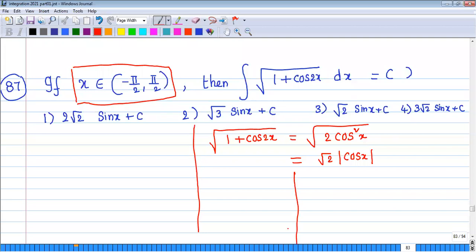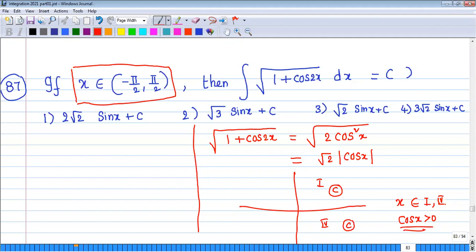So that means actually here, see, this will be pi by 2, this will be negative pi by 2. x belongs to the interval minus pi by 2 comma pi by 2, which means x belongs to either the first quadrant or the fourth quadrant. Here cos lies here and cos lies here. In both, cos is positive. Cos x will be greater than 0.